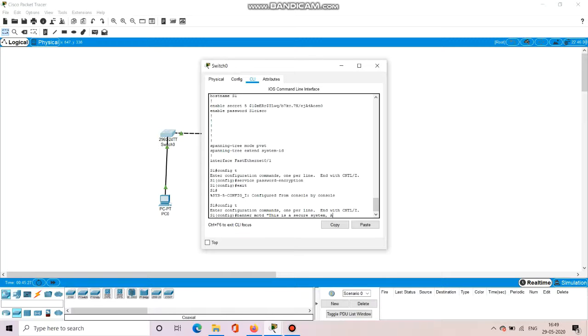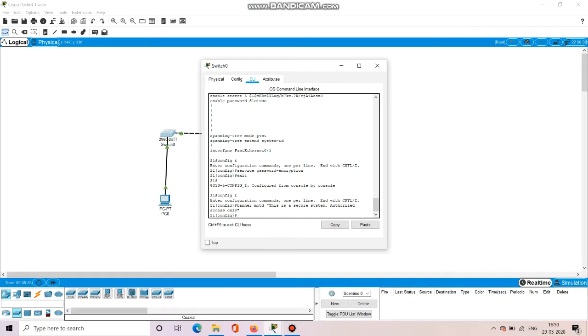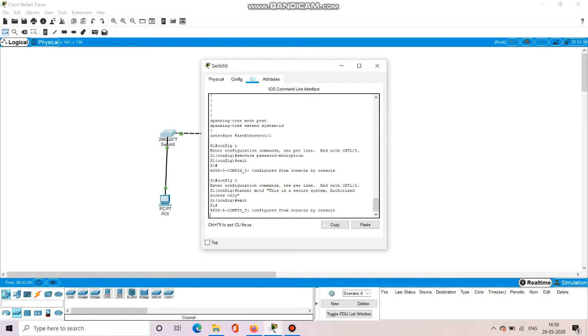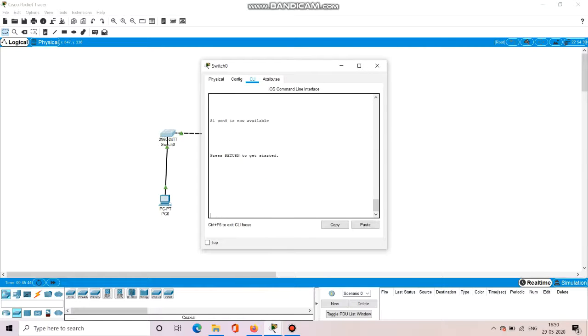Now you can create a MOTD banner as well. What is the MOTD banner? The Cisco IOS command set includes a feature that allows you to configure messages that anyone logging onto the switch can see. Okay, so that is the MOTD command. For that, in the configuration terminal, you have to write banner motd, and in double quotes you have to write the message, like I'm writing, this is a secure system, authorized access only.